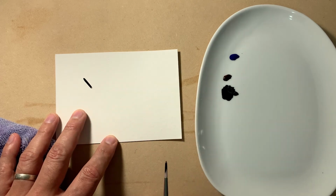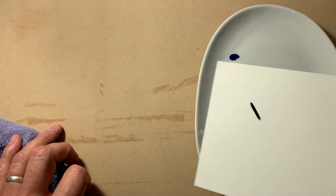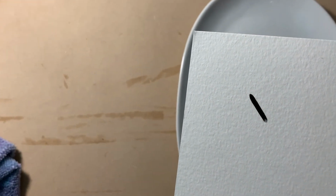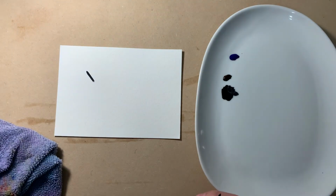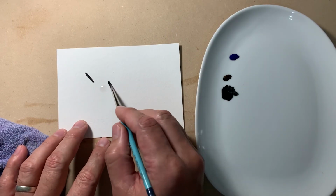Okay, there we go, that's a nice black. I'll just hold it up to the camera so you can see it properly. Okay, let's get this thing focused. Okay, it's a nice black. Very dark. And you can substitute that for any kind of black you want. Okay, and you can make it warmer or cooler depending on how much ultramarine or burnt umber you put in it. Just kind of leaning it slightly towards